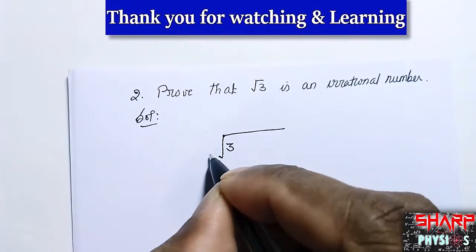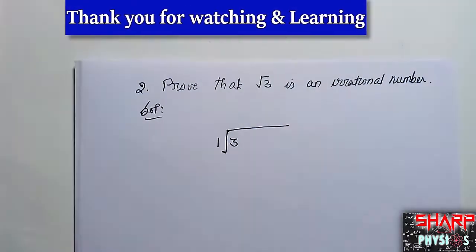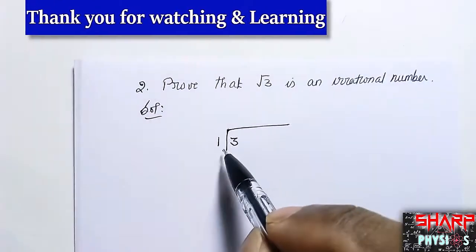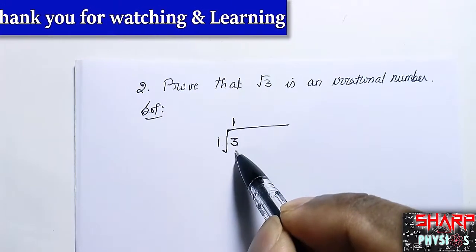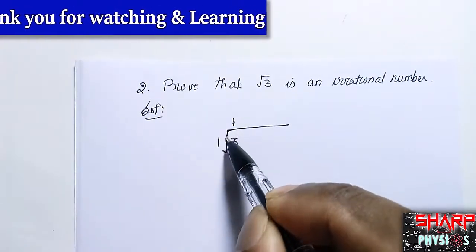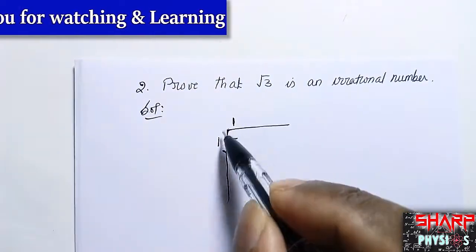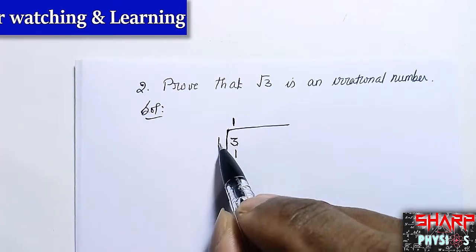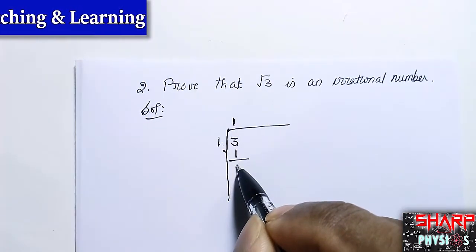So we write 3 inside and 1 outside. That's the dividend by the divisor. So the first number 1, 1, 1, you get an answer 1. You put an inverted L. So 1 into 1, you get 1, and you get a remainder 2.